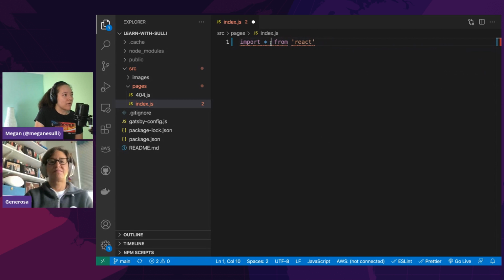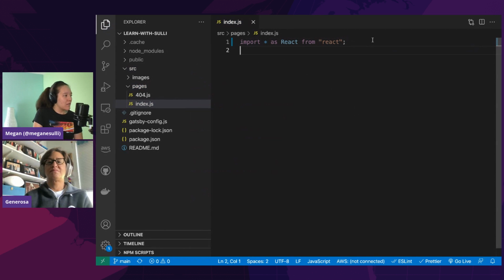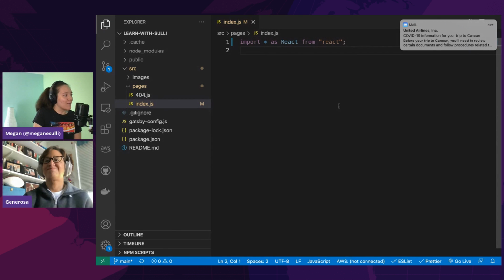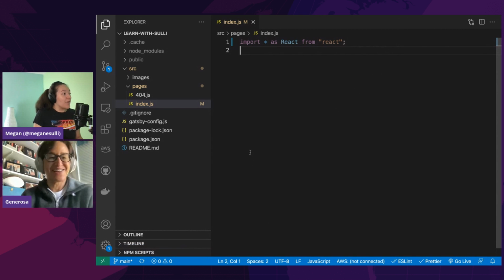Honestly, I don't totally remember why we do this. I think the React team is going to change imports in the future. What this is going to do is tell your site that you can use React in this file.